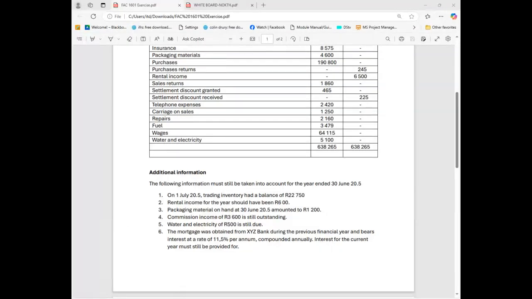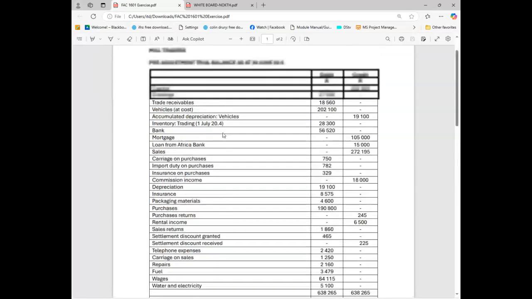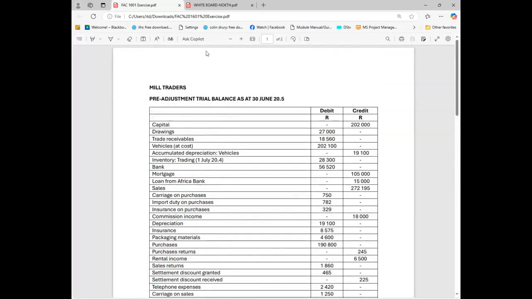Let's start and then take it from there. This section is called financial year end. So remember when we were talking about